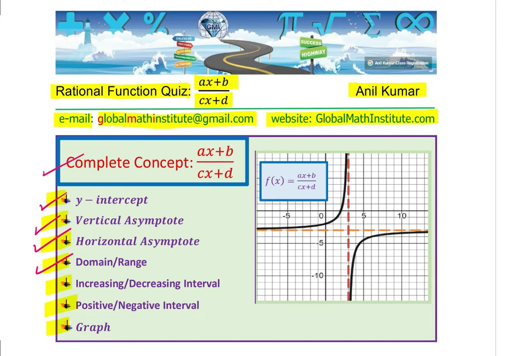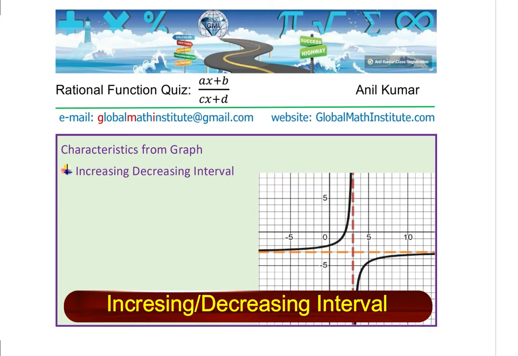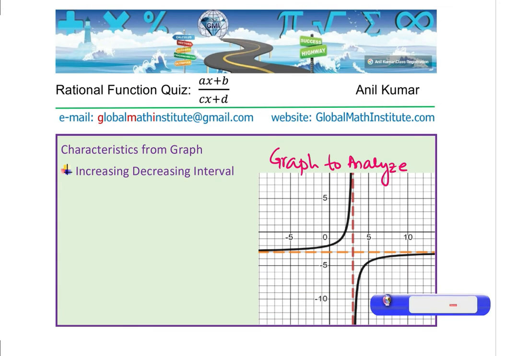Now, let us analyze the graph, and from the graph, we'll figure out the other two things. So now we'll do graph analysis. Once you sketch the graph, it may be something like this. Let us say this graph is given to you. In that case, my question now is, find the increasing and decreasing interval. So you have to check a graph from left to right. Do you see that? Always read graph